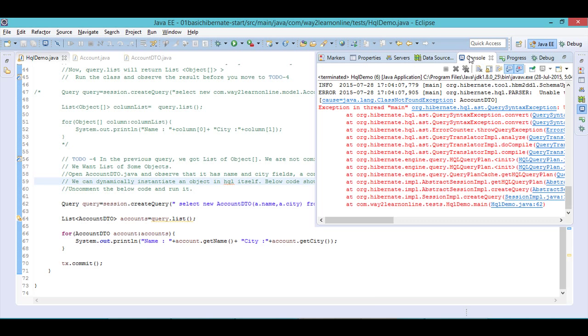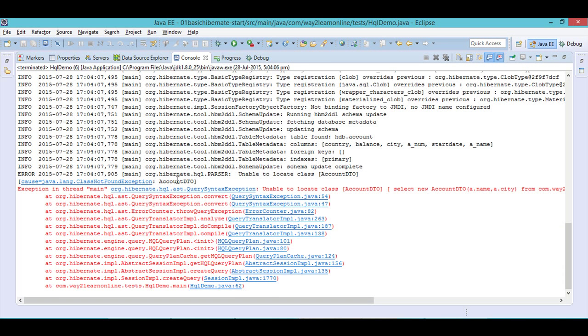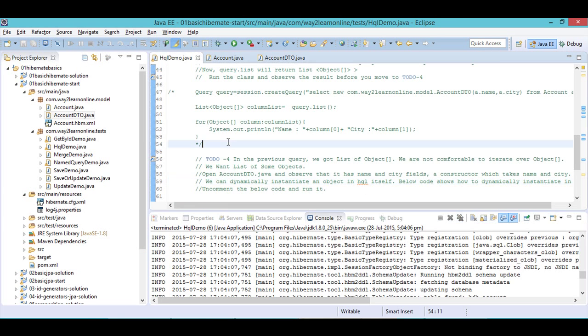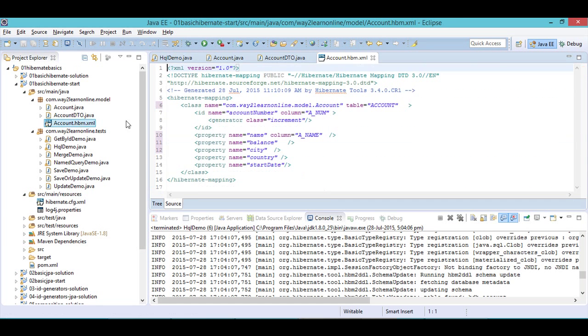Oh, an exception. What is it saying? Class not found exception, unable to locate the class. Okay. So to do that, what I'll do is I'll just write